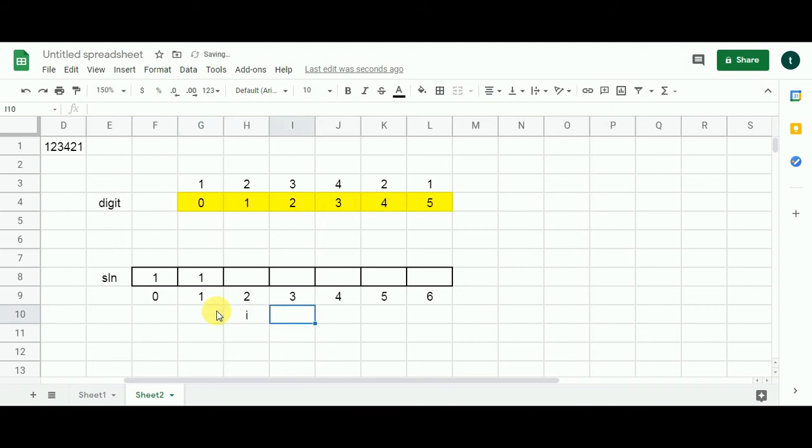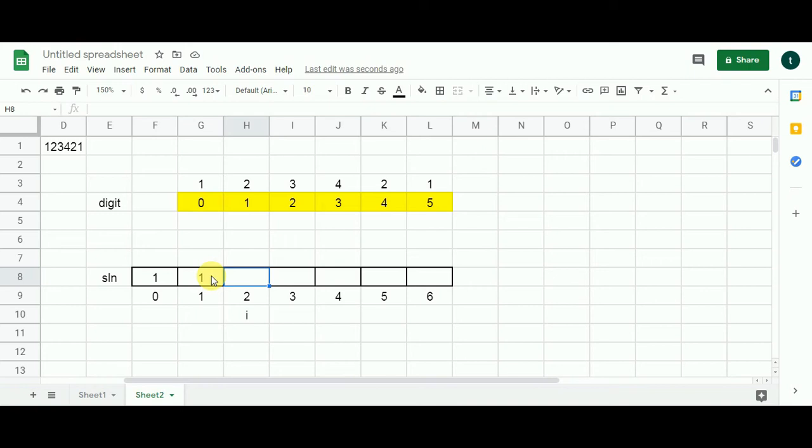Now the subproblem has 1 and 2 in the digit sequence. We have already calculated the value for the previous subproblem and it was 1. So we had the possible decoding as A. Now if I am going to add 2 to it, I am going to get a decoding which is going to be AP. So this decoding is going to be the first decoding of my current subproblem, which is 1 and 2.